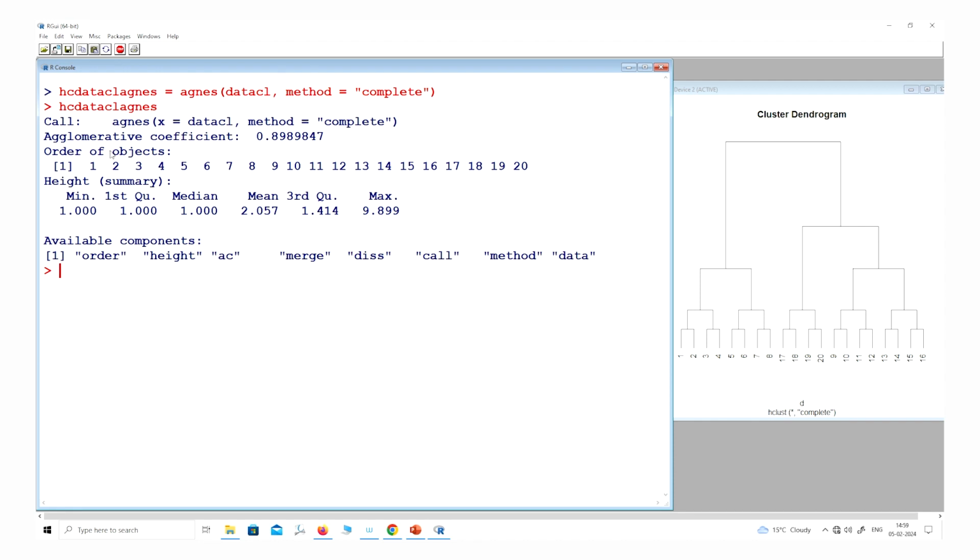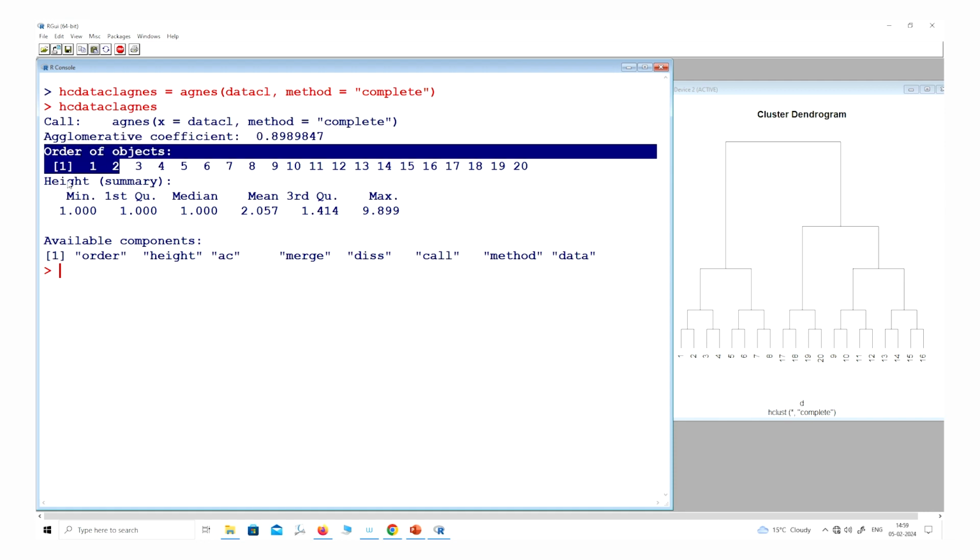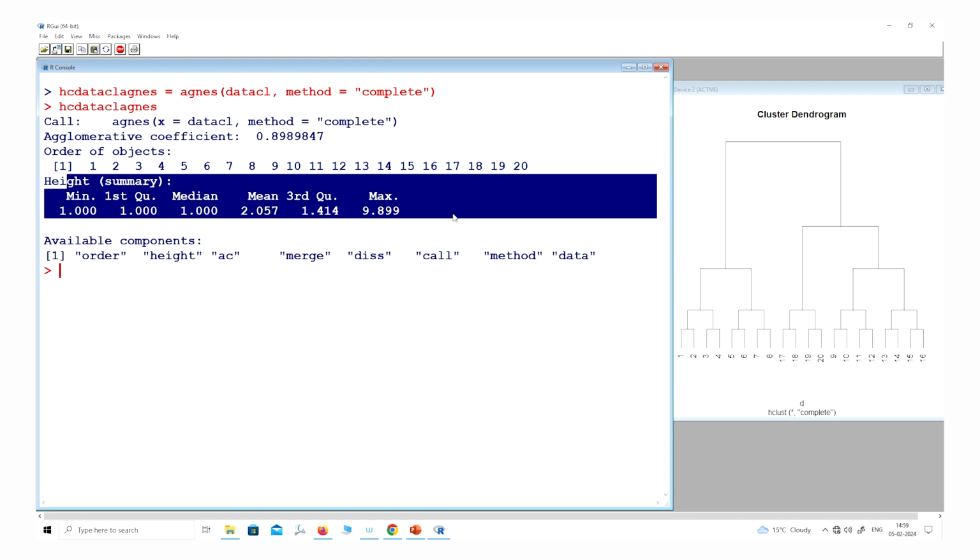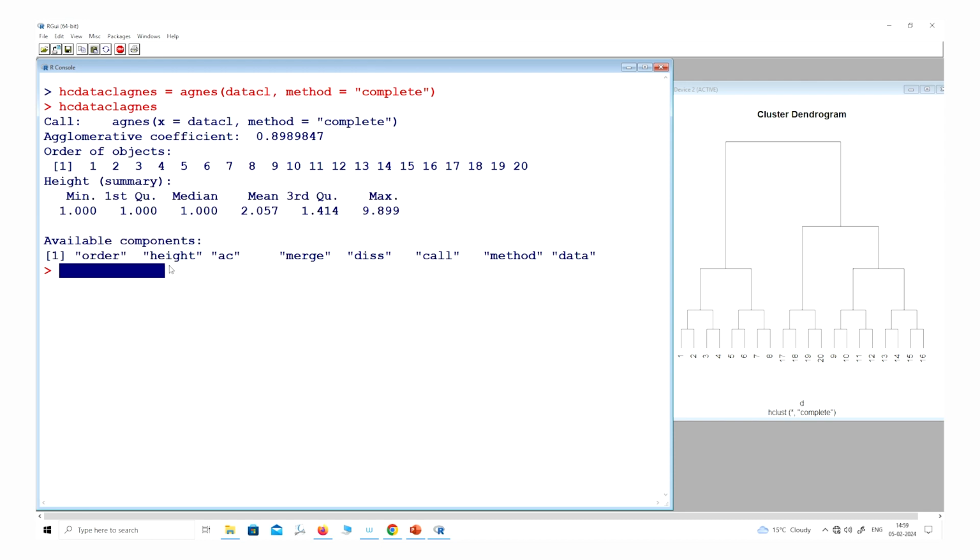You can see here the agglomerative coefficient is equal to 0.89 and so on, then order of the object, and then there is a summary of the observations and different types of other information. And if you want to know only the agglomerative coefficient, then you have to use the command $ac, and you will get the same value which you have obtained here, right?